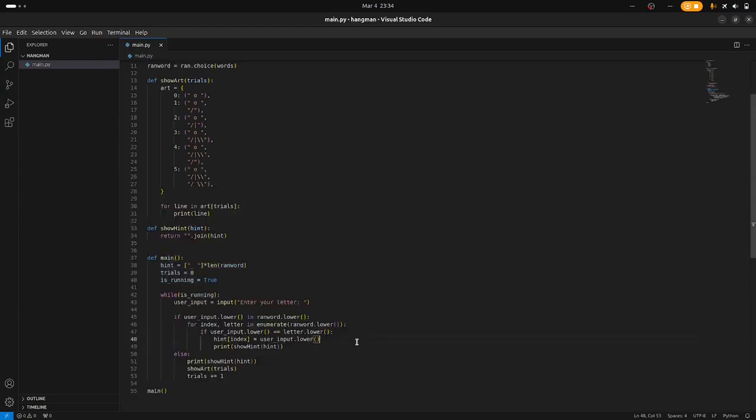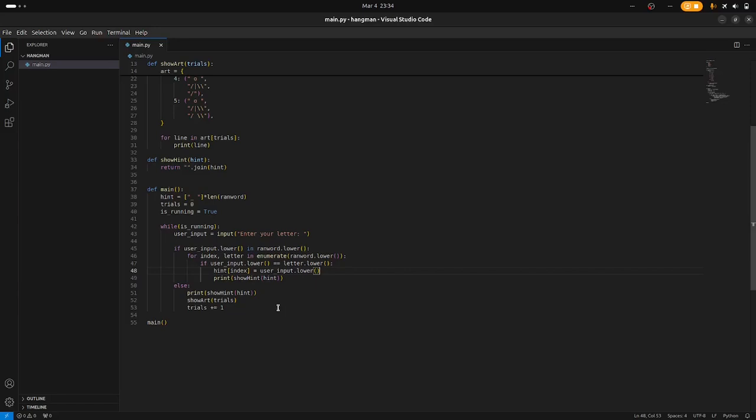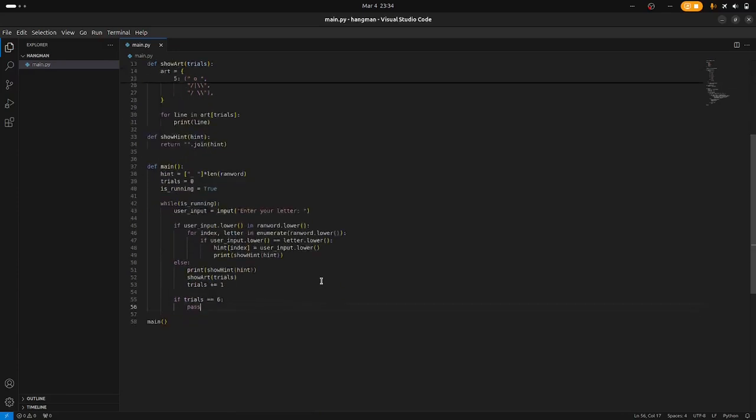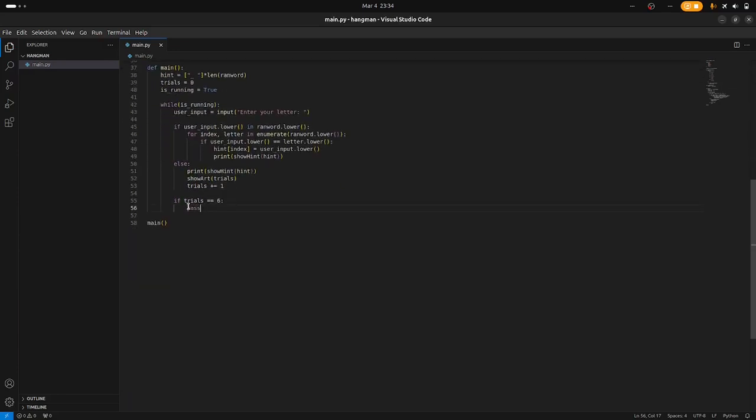To avoid the program from crashing, maybe we can add an extra if statement here. Still in the loop, we can check if trials is equal to 6. So why am I using 6? Because when you count these items, they're actually 6. So we're going to say if trials is equal to 6, then what will happen here